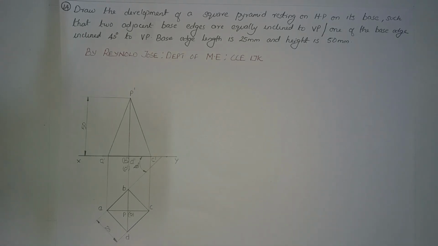Now let us start the procedure for drawing the development. Let us assume that we are going to unfold the solid with respect to PA, which is a slanting edge. So we are unfolding the solid from PA, or cutting the solid along PA. When unfolded, we get it as a flat surface. This solid has 4 triangular faces and a square base, so totally 4 plus 1, that is 5 surfaces.